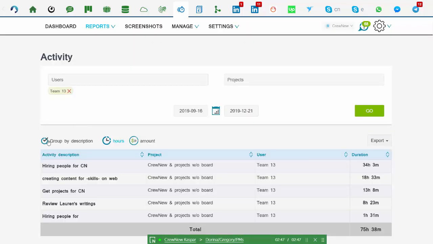Oh, sorry, actually I have a tick here, it's a new function I didn't know. So here's a good overview of how much time is spent. So hiring, the most amount of the time, creating content, get projects, and reviewing and hiring is